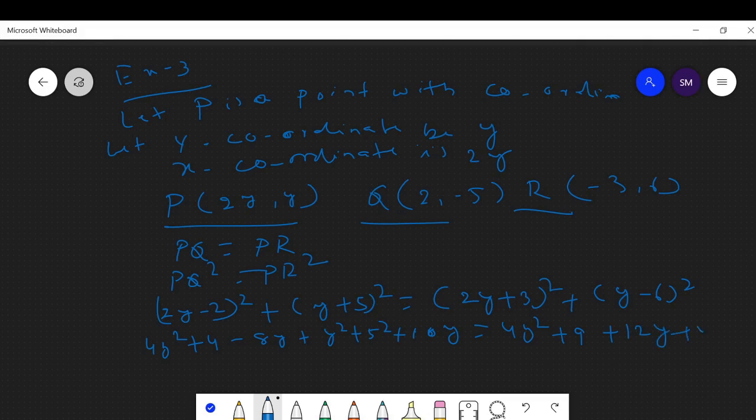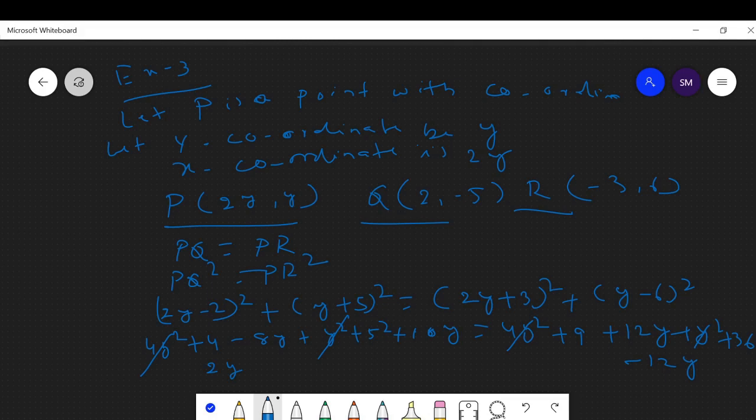Then 4y square and y square cancel. Here minus 8y plus 10y means